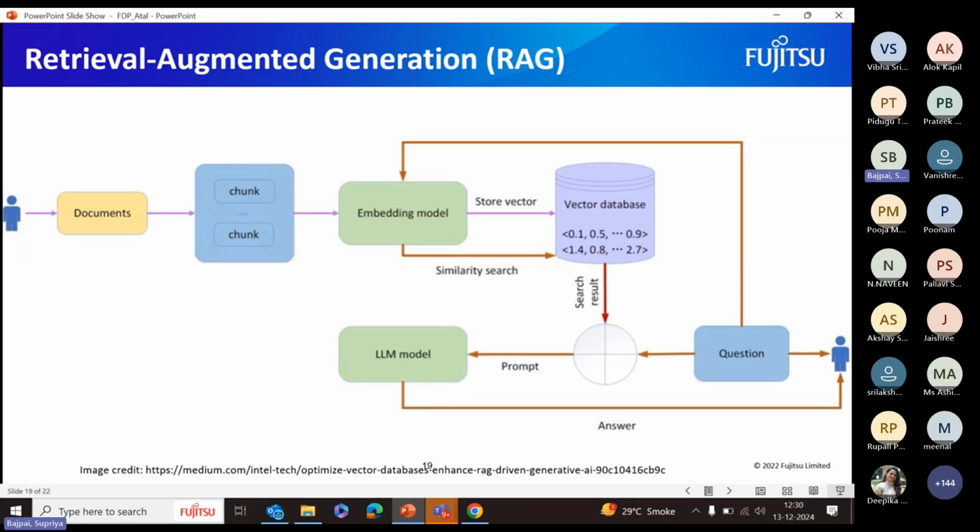It will not summarize it. It will say that the context length is exceeding, so give some smaller piece of information. It cannot process this much information. This is called the context length of the model. If you give big documents, the LLM's context length will be exceeded. That's why we need to divide the data into chunks, small pieces of information. Each chunk might be a paragraph or even a few lines, depending on the size of the document.